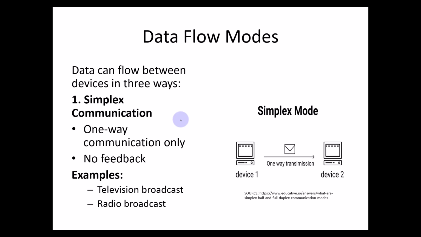In simplex, what we mean is that data flows only one way. It doesn't return. So if you set up a communication system, the data moves from only one direction to the other. It doesn't return. A typical example is a television broadcast station. I'll draw a very simple television broadcast station here. Let's say that this is the television station, and there is a presenter here, and there's a video camera here